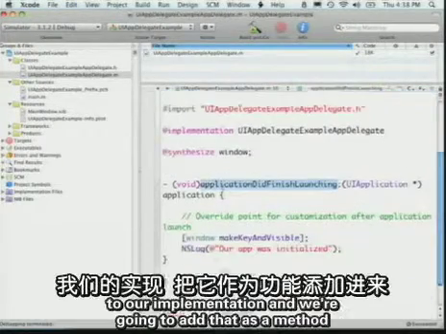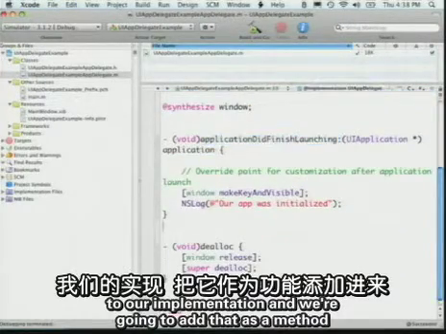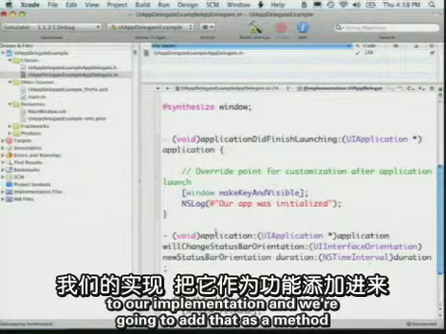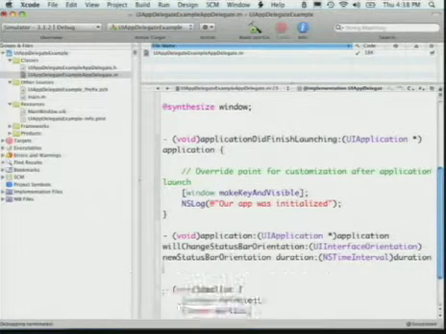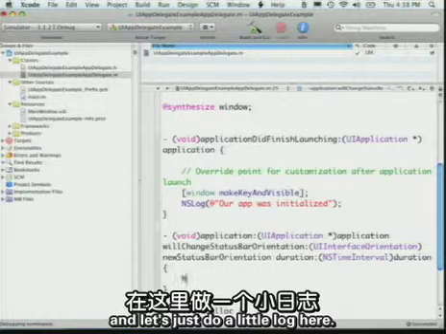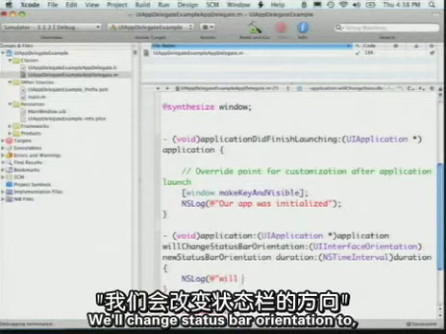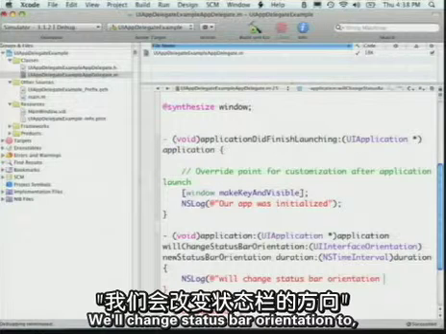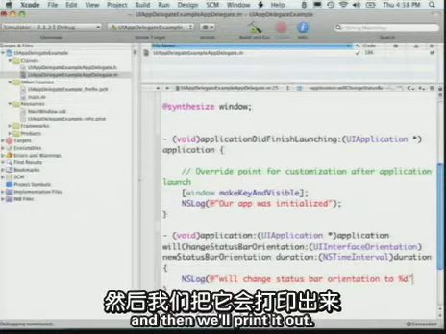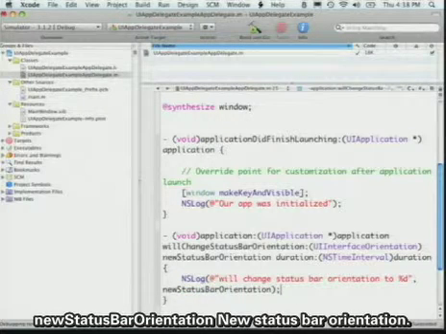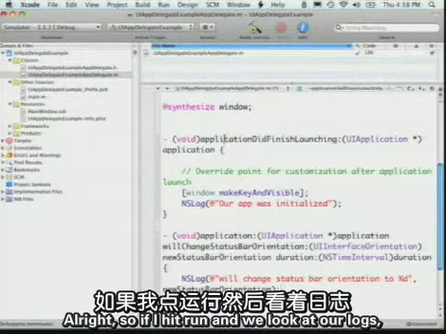We're going to go back to our implementation, and we're going to add that as a method. And let's just do a little log here. Will change status bar orientation to, and then we'll print out the new status bar orientation. All right, so if I hit run,